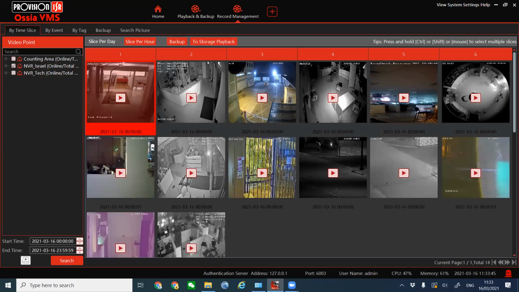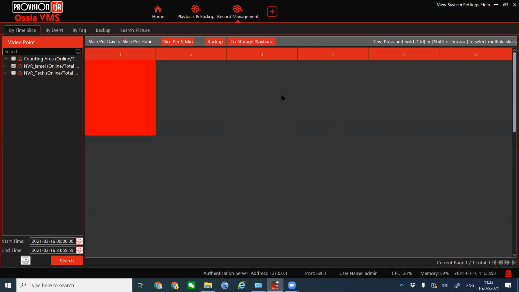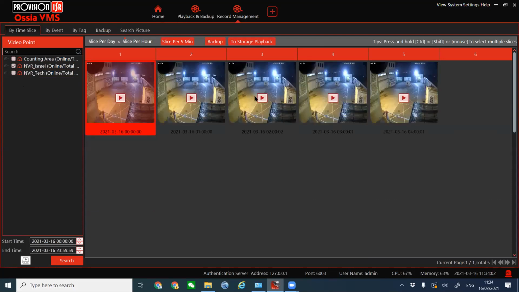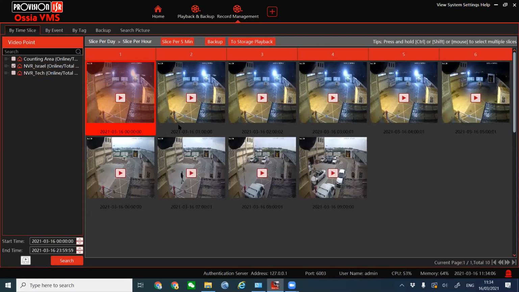If we know that something was stolen or broken or something was changed, and we don't have the time to start searching for it, maybe it's not a vehicle or a human that you can use the DDA for, maybe it's like a vase or something, then you can just go to the time slice search. I'm gonna do the example of the parking lot because it's the most